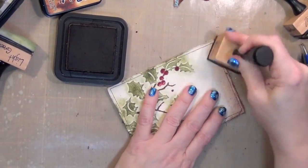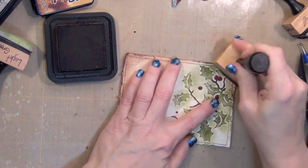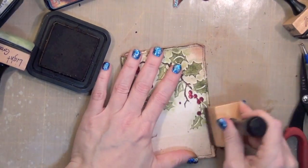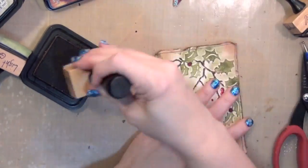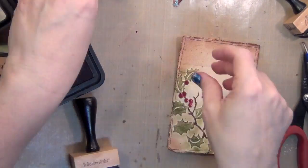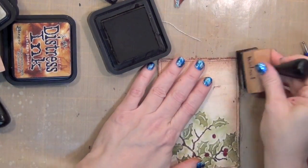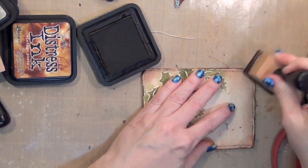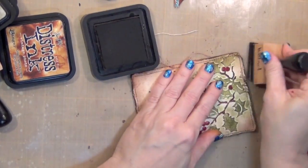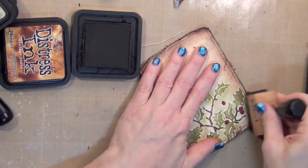To kind of distress the background, I've taken Vintage Photo, and you start off the craft mat and work onto your piece of canvas and work all your way around the edges. I'm using Vintage Photo here because it has a reddish undertone, and that will draw out the red in the berries. But I want to darken the edges, so I'm going in with walnut stain and really pushing that color into the edges. It's fraying it a little bit. I just think it gives it a very